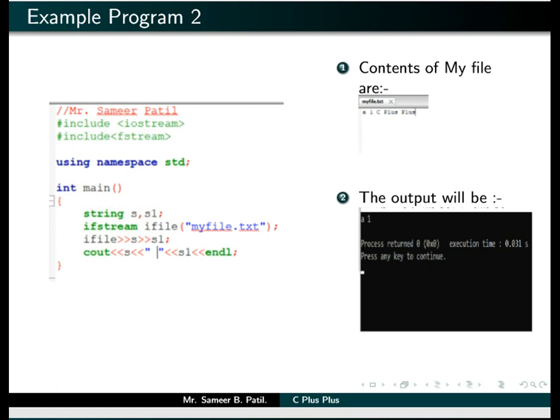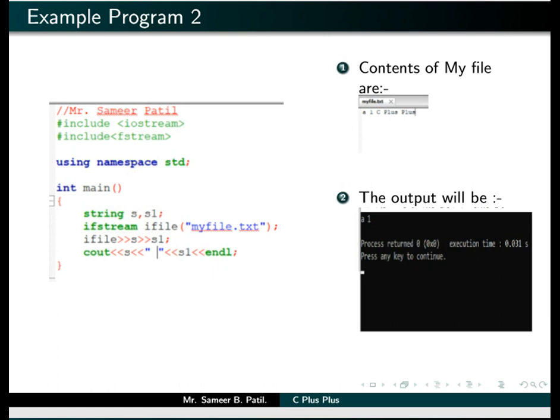So here on the upper right corner we are seeing the contents of myfile.txt, which has a 1 c + +, and the output of this program is a and 1. So it is clear we are reading only two strings. The program has read the first two strings from the file.